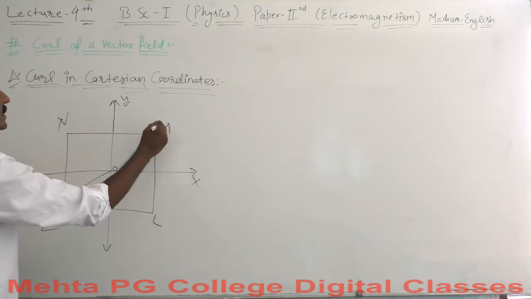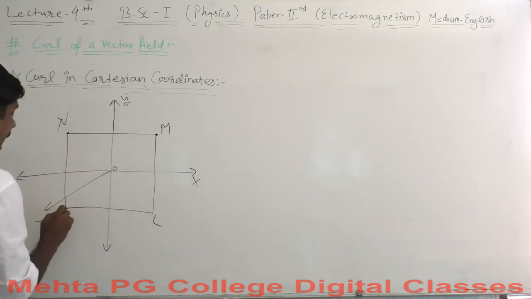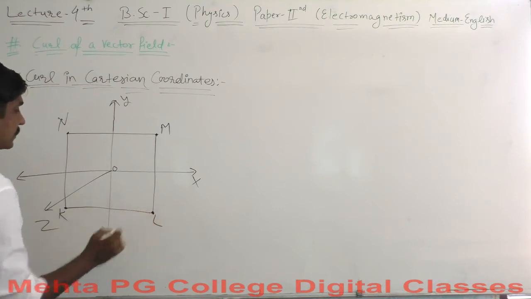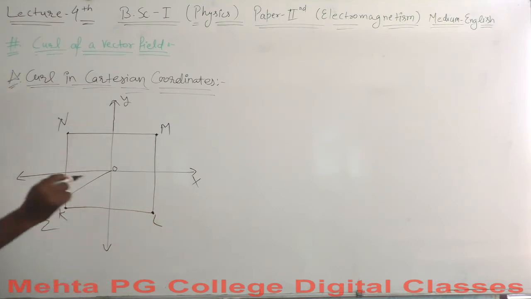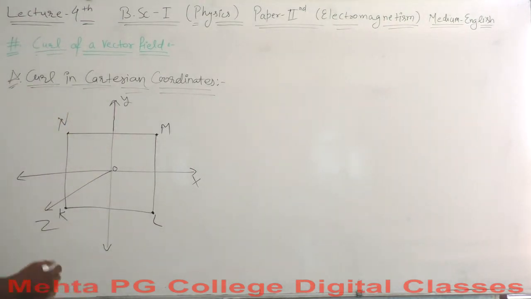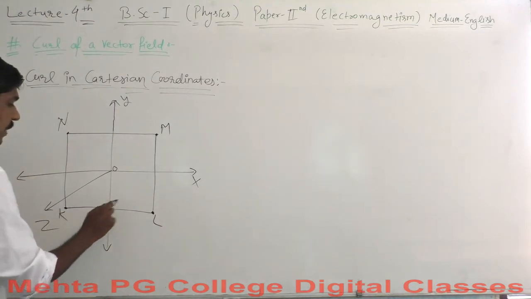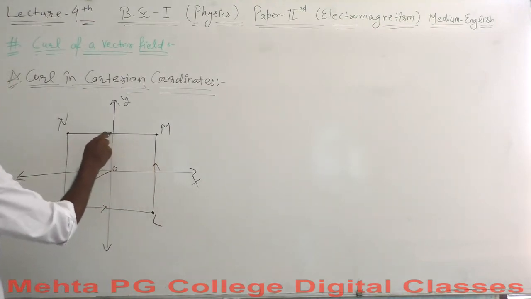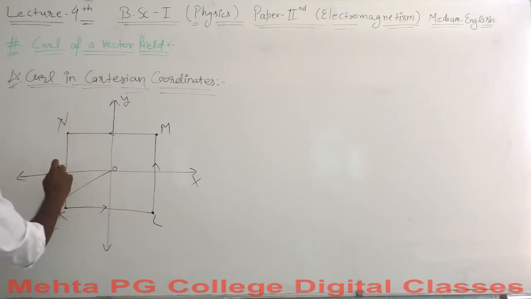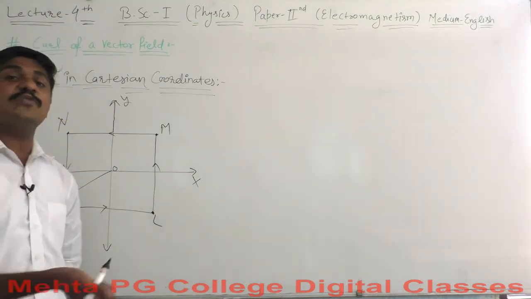These points represent all the points where the vector quantity has a calculable magnitude. Say the vector quantity is traveling from K to L, L to M, then M to N, and again from N to K. This is the traveling here. And the vector we have considered was the A vector for our reference in our definition of curl of a vector field.